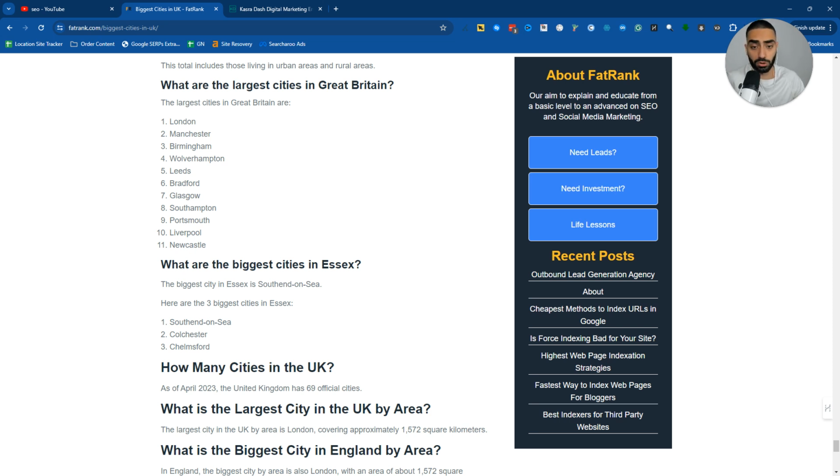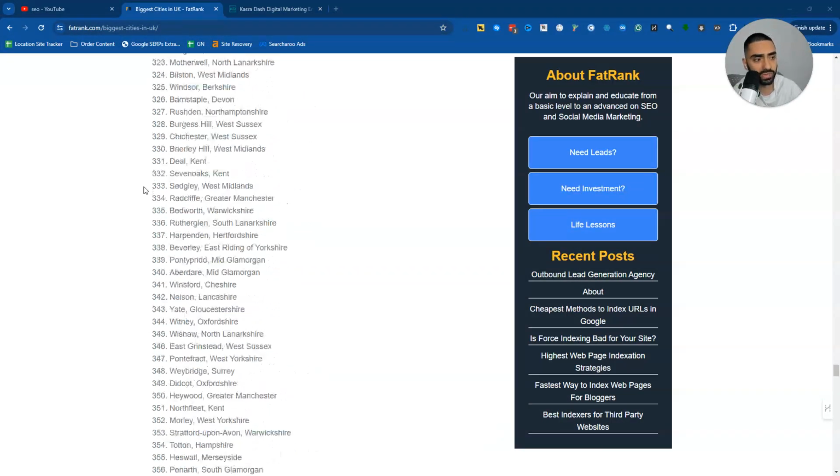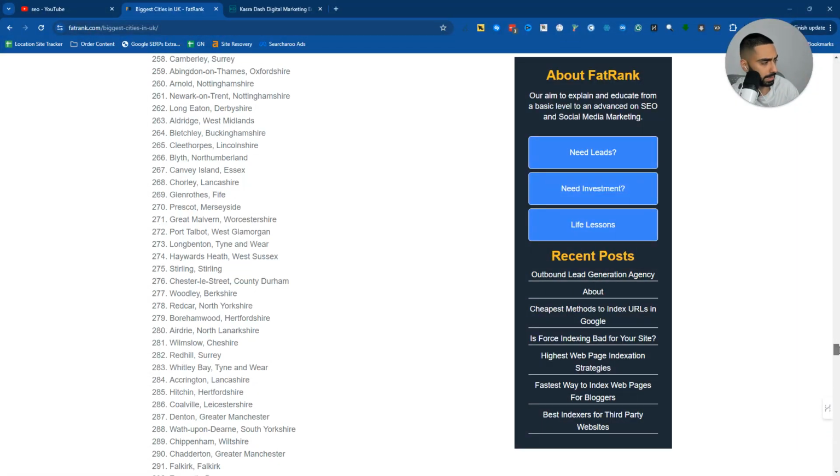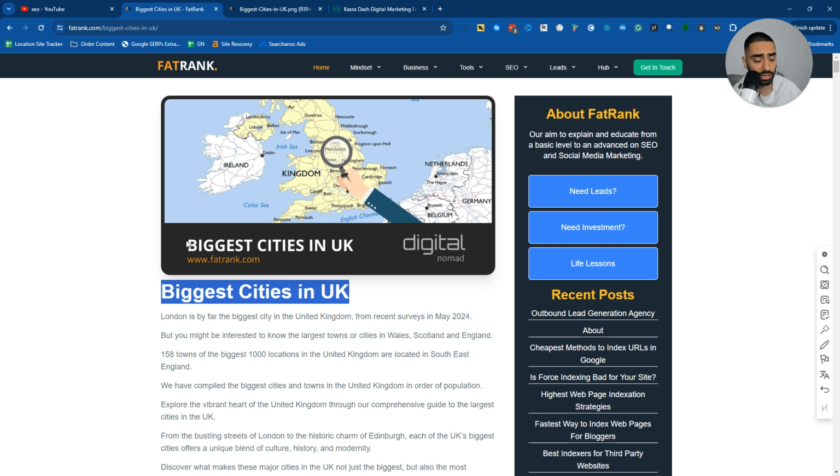So then we have got tip number 3. Now this is a little bit of a different tip. So one thing that I don't hear enough people speaking about is actually image optimization. Now what you want to be doing is, if you're trying to rank for biggest cities in the UK, actually have biggest cities in the UK in the actual